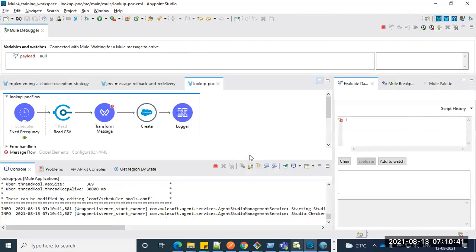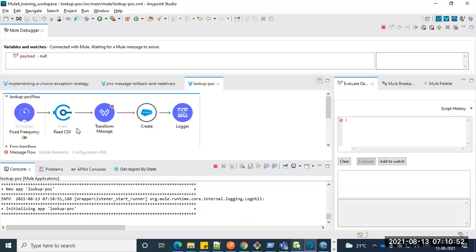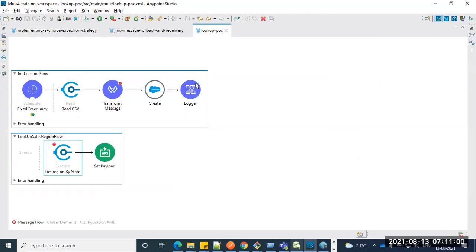Step by step I'm showing, that's the reason it is taking more time. It's throwing back a timeout actually, but when it's running in normal mode, it will quickly get executed within 2 seconds. Okay, so make sure if you have a certain SLA, right, within 3 seconds or within 2 seconds, your API should perform. So we have to think about this when you are working with this lookup.